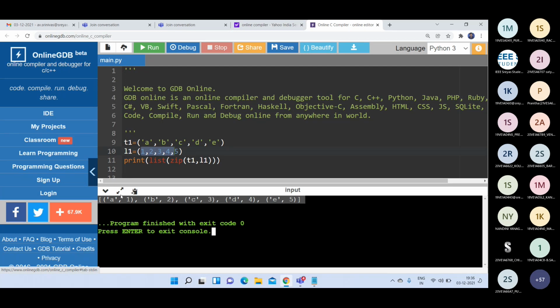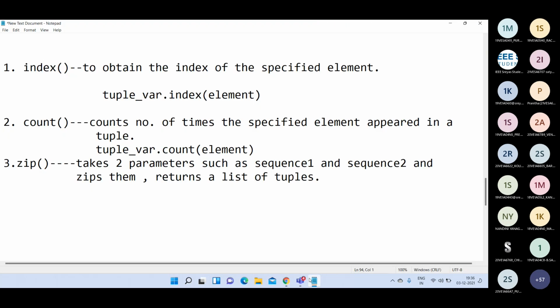Because tuples are immutable objects, whereas lists are mutable objects, in lists we have many functions to modify the list values, to insert, to remove and so on. But here we don't have those functions because tuples are immutable objects. Only index, count and zip.